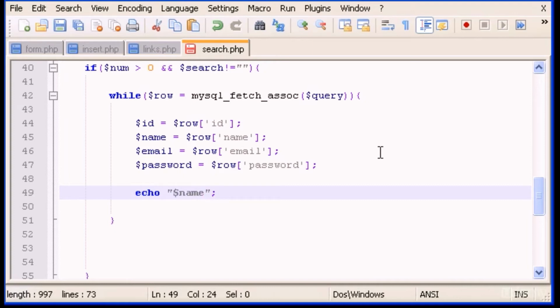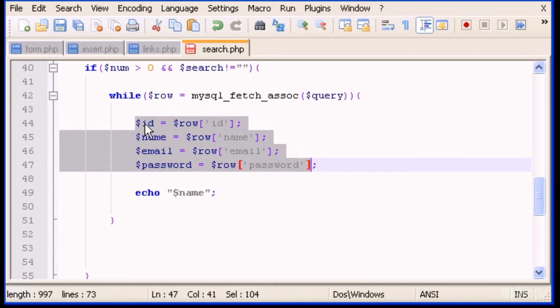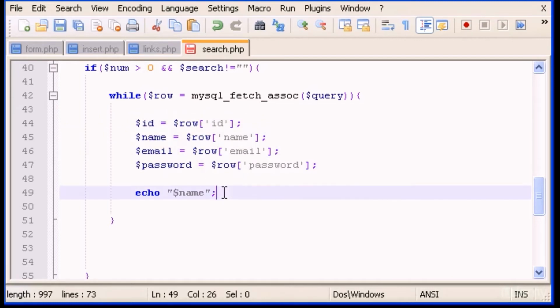You can echo whatever you got here. Okay, we have the ID, the name, the email, and password. So you can output whatever you want, but I want to output only the name,